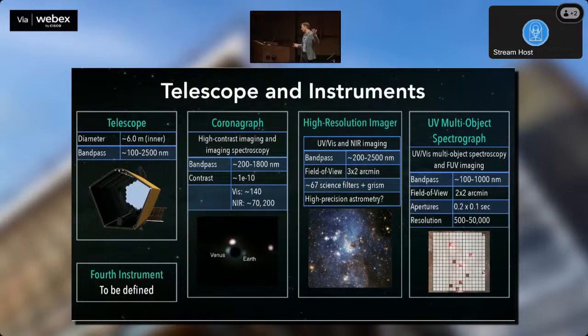So this is a slide you've seen before. This is a notional instrument suite for HWO. And what I want to focus on is this high contrast spectroscopy mode. So far, we've often been assuming that we would use a low resolution spectrograph, a resolution of 140. And I'll be direct. My goal today is to convince you that we should seriously be considering a moderate or maybe a high resolution spectrograph, a resolution of 1,000 and above, probably.